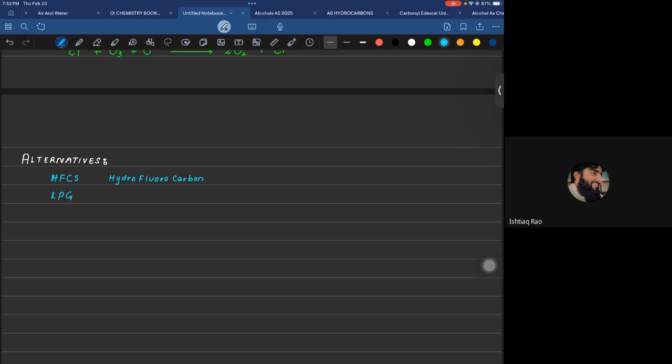Only the carbon and chlorine bond is going to break down. So there is no chlorine in this. So we can use it as an alternative. And this LPG is liquid petroleum gas. So these are the alternatives that you can use. सही है जी, okay? अच्छा. Then